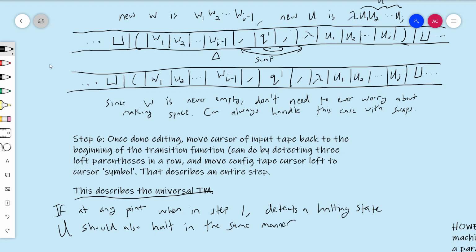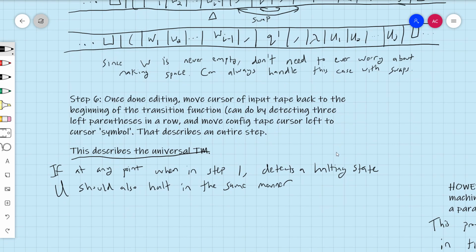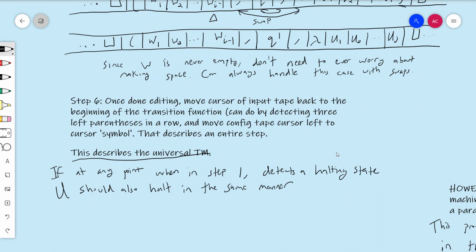So if the machine M is halting in an acceptance state, then you should also halt in an acceptance state. If the machine M halts in rejection, then you should also halt in rejection. And if M is supposed to give an output,